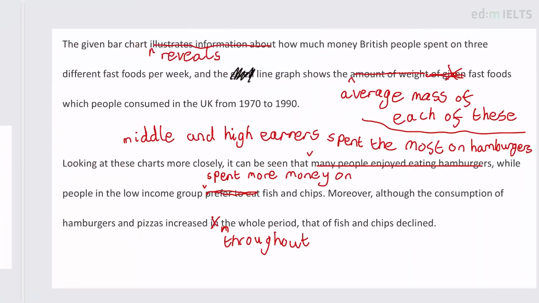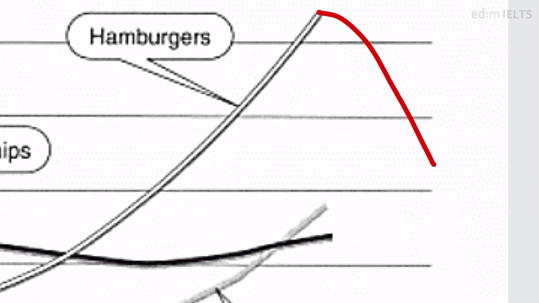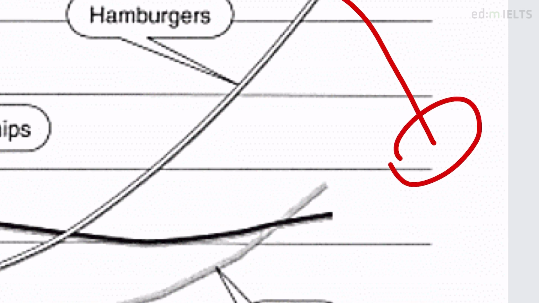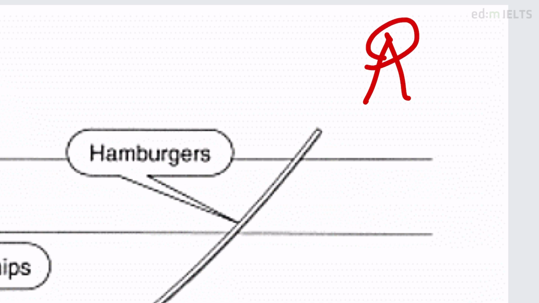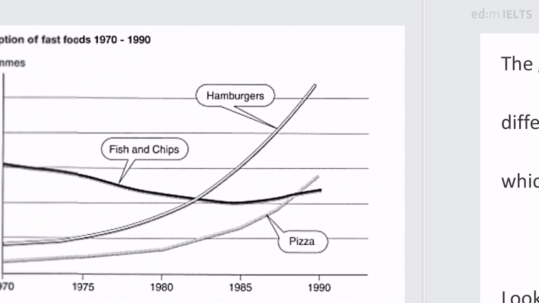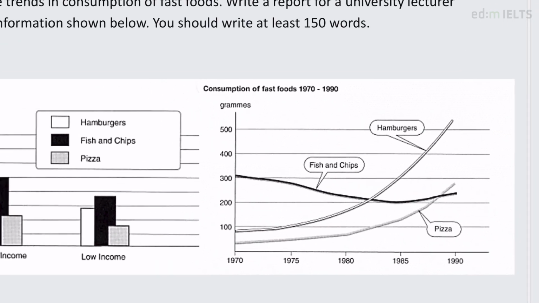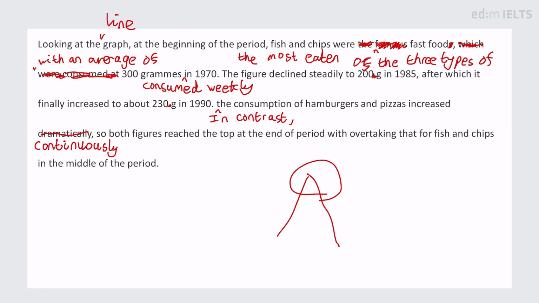So the problem when you've got something like this is, how do you know it's the peak? How do you know it's not going to go down after? How do you know like 1995 won't be here? It's called a peak because it looks like a peak, like the top of a mountain. But for this, we don't really know that. Maybe it's just going to keep going up. Maybe the peak is yet to come, and then maybe it's going to go down. So reach the top or reach the peak, I don't think it's really the best choice here. I'm going to say